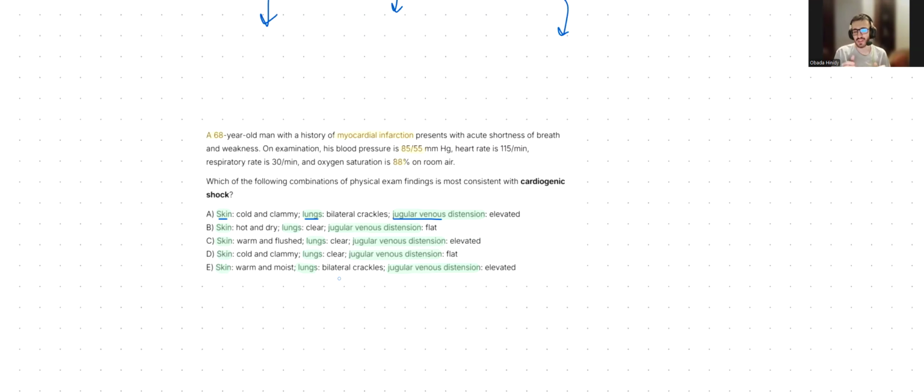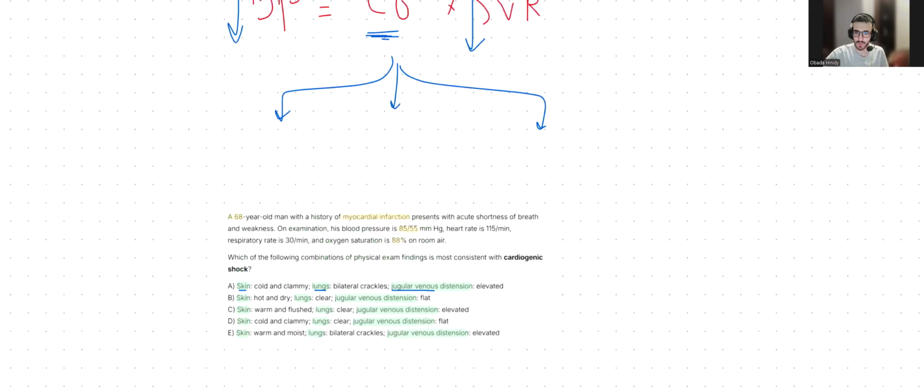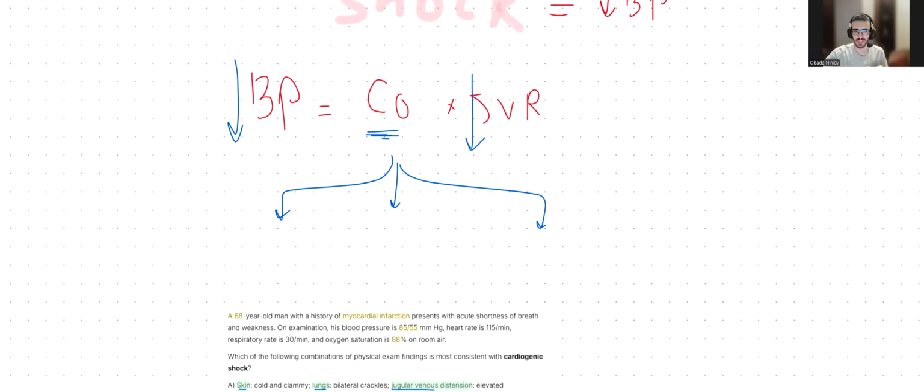Okay, so I'm going to ask you a question. What is the determinant of the temperature in the skin? Well, I hope you are thinking about blood flow. Blood flow controls temperature, of course, right? If your blood flow is high, it's going to be hot. If it's low, it's going to be cold. Well, the question is, what do you think is going to happen in this condition? Is it going to be hot or cold? I.e., your blood flow. Is it going to be compromised or rich? What do you think? Well, go back to pathophysiology. It's the one and only evidence that we can go back to, right?